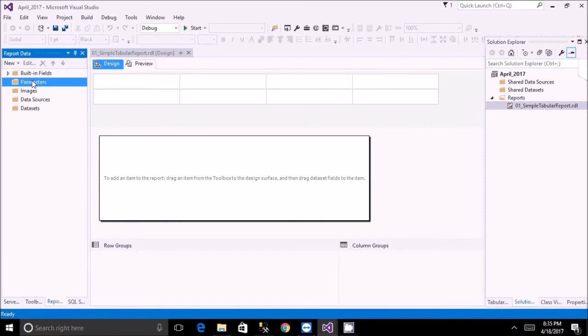So a parameter is basically a filter to the report that they can pass before running the report the first time, and they can keep changing those parameters. Okay,